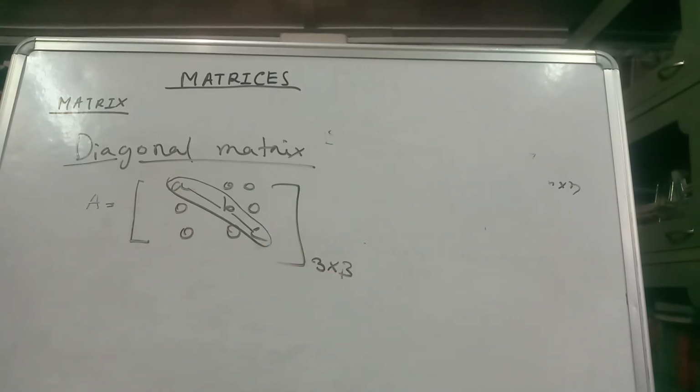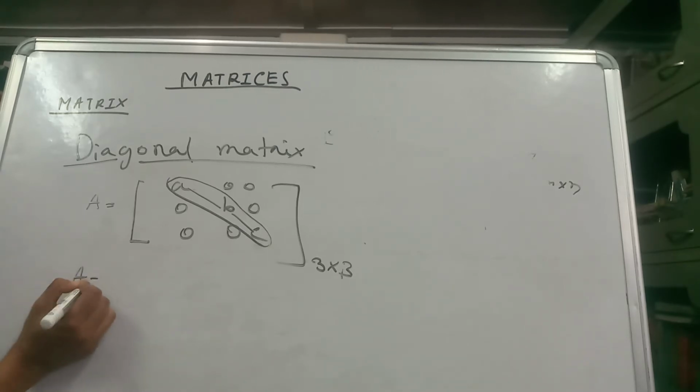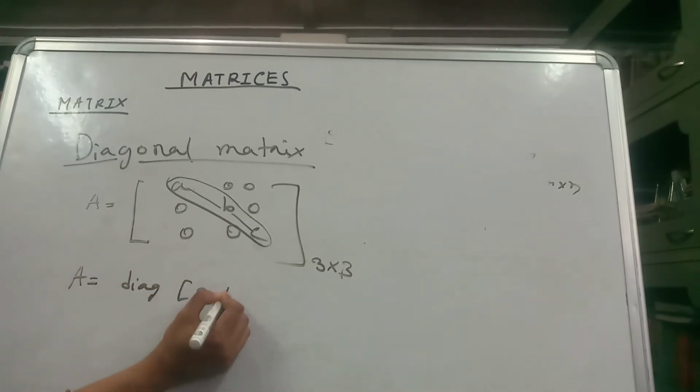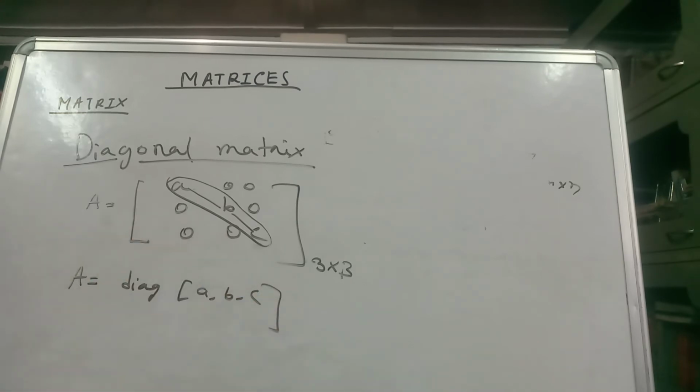Without the diagonal elements, all the elements of the matrix are 0, then it is called a diagonal matrix. And symbolically we write this as A equal to diag(a, b, c) in this way. A diagonal matrix of order m by n having a11, a22, amm as diagonal elements is denoted by diag(a11, a22, ..., amm). That is, if we have a matrix